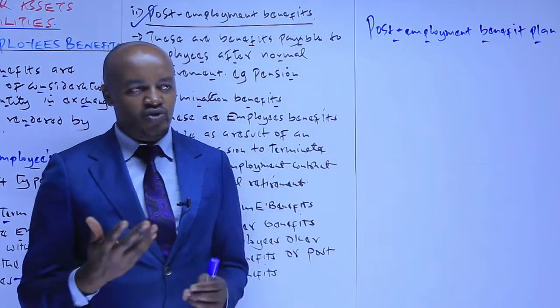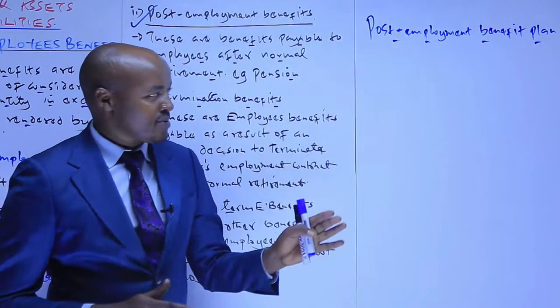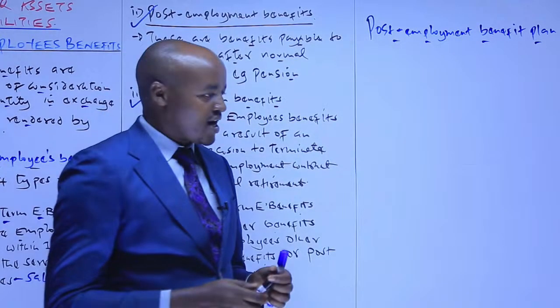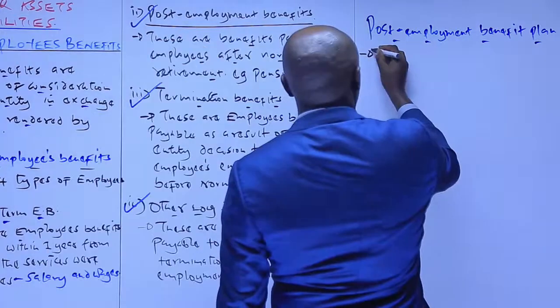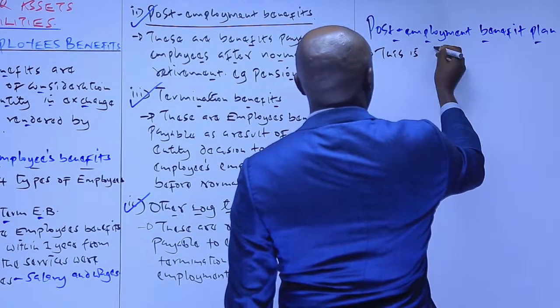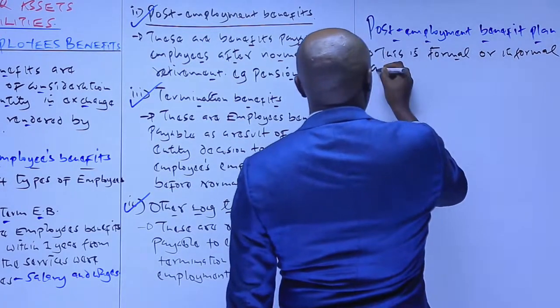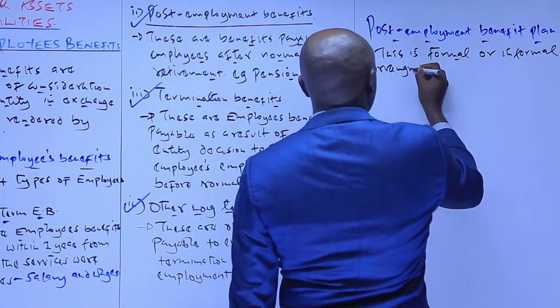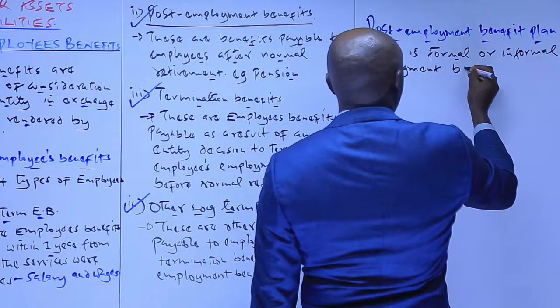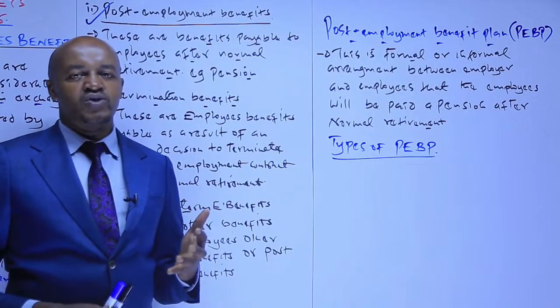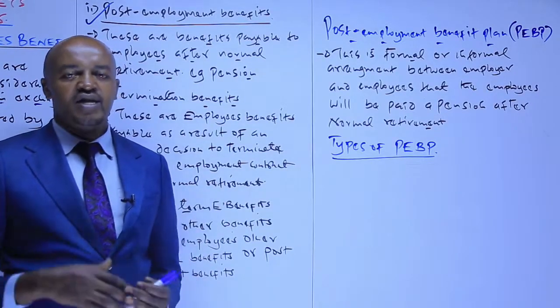So in this case, we are going to look at the 2 types of this and how we account for the same. But before we do that, maybe we can define this, and we say that this is a formal or informal arrangement between, which then will be used by that particular fund or trustee in terms of paying